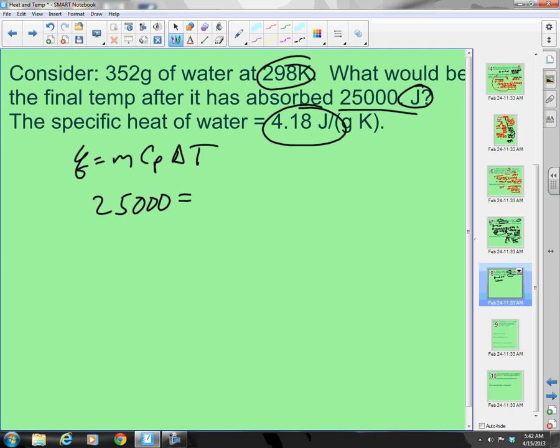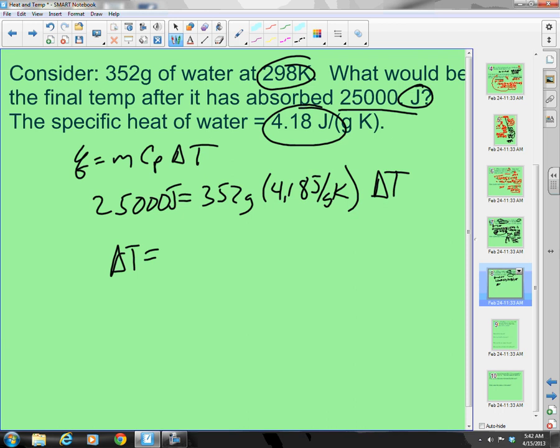25000. Now remember, always watch your units. Joules is equal to mass. What's my mass? 352 grams. And what else do I know? I have a 4.18 joules per gram Kelvin. First thing I have to do is calculate my delta T. So my delta T is equal to